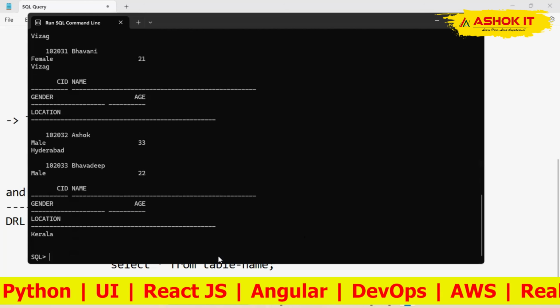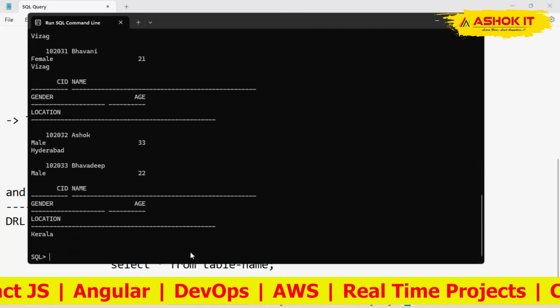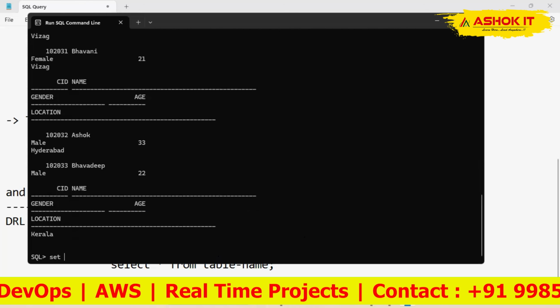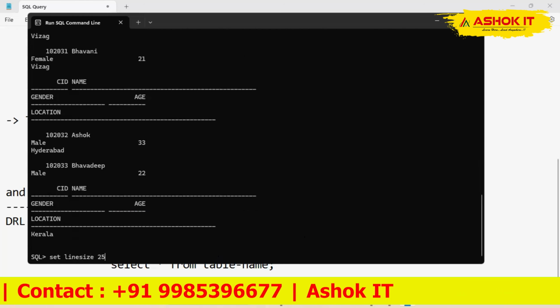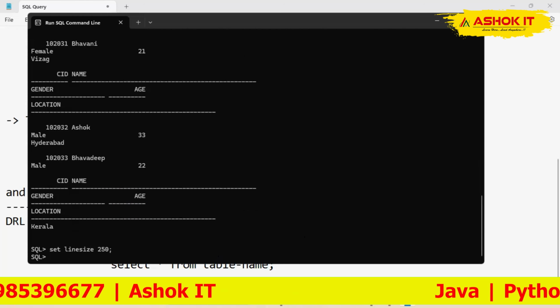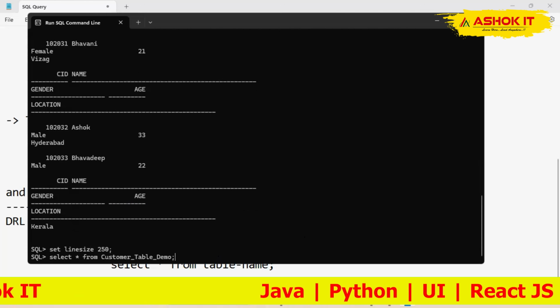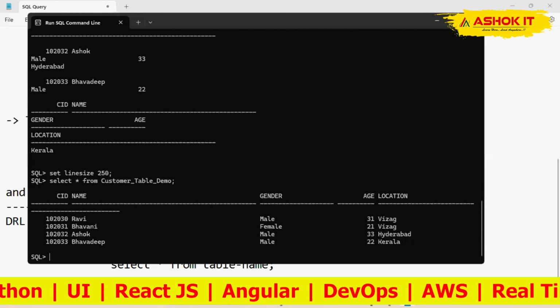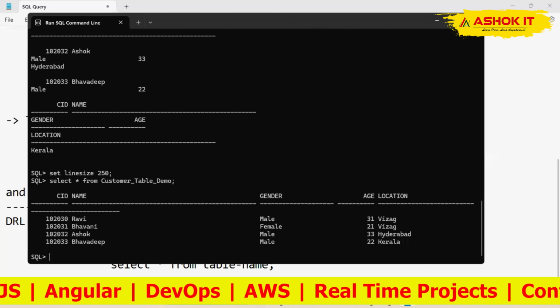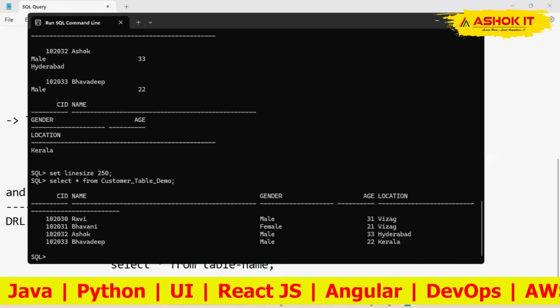If we want to give proper alignment, we can use set line size. Suppose I'm going to give 250, enter. Now I'm going to use the same select command. Now the data is displayed like this. So this is the way we can create the table using the create command,